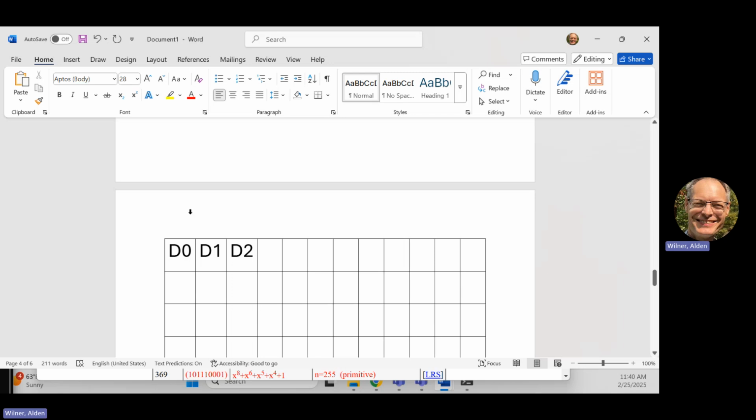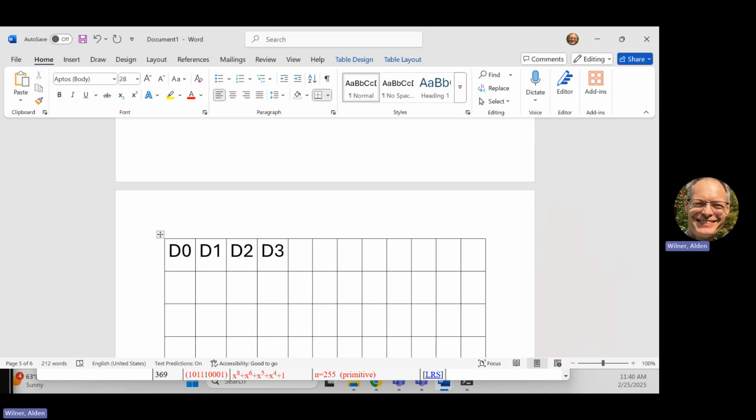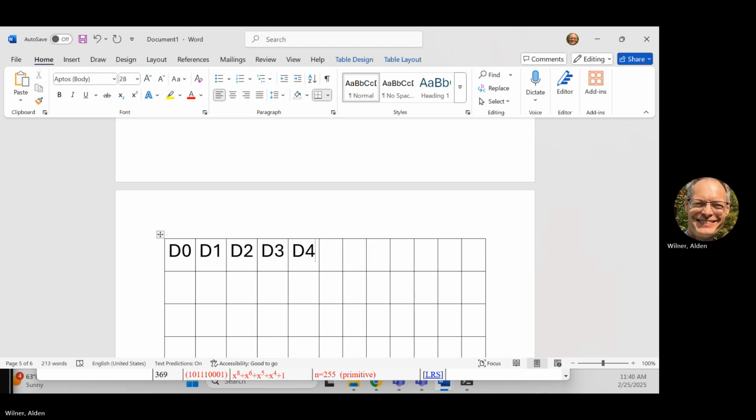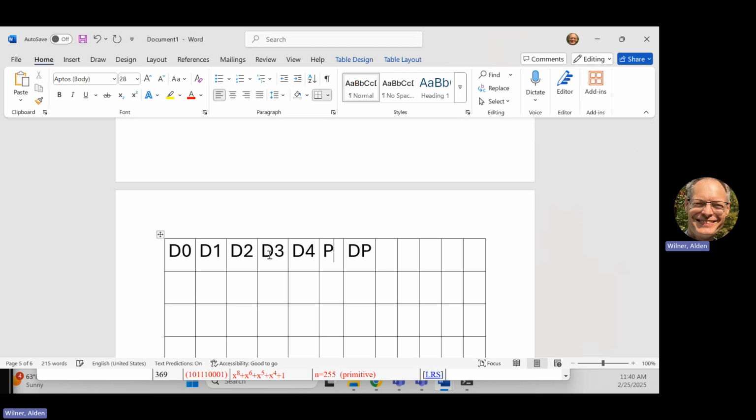There we go. So we're going to do 5. So how many data drives is 5? That's D0, D1, D2, D3, and D4, right? That's 5 drives. And then P and DP, right? And so let's go ahead and